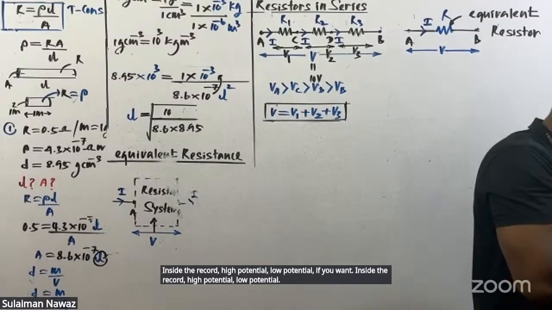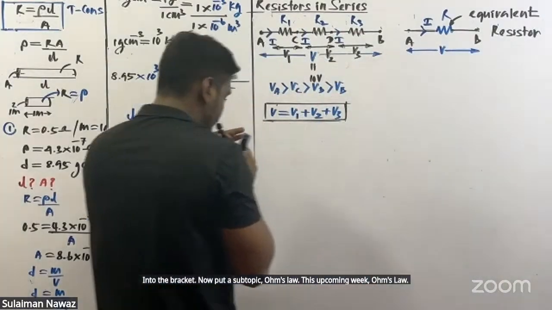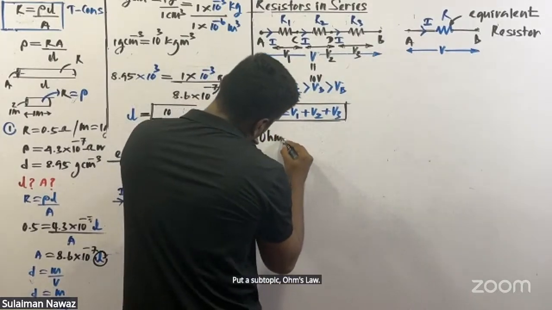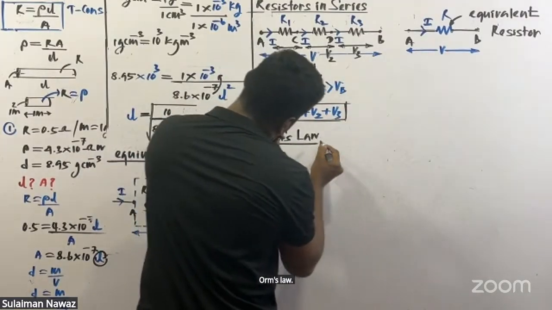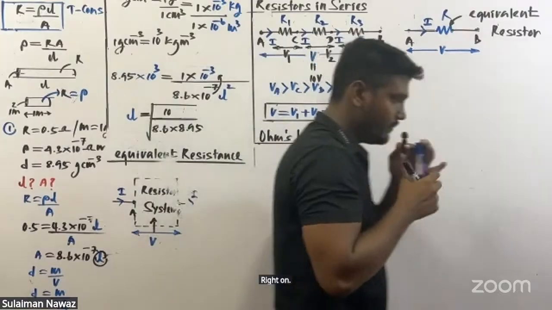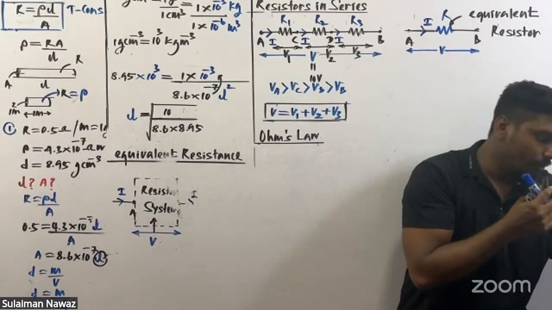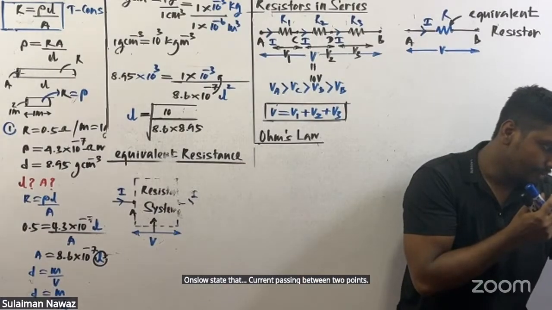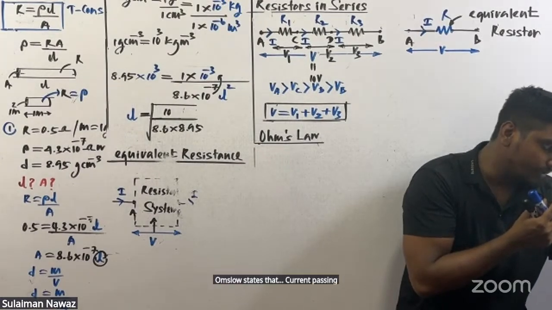Inside the bracket. Now put a subtopic, Ohm's law. Write down Ohm's law. Ohm's law states that current passing between 2 points